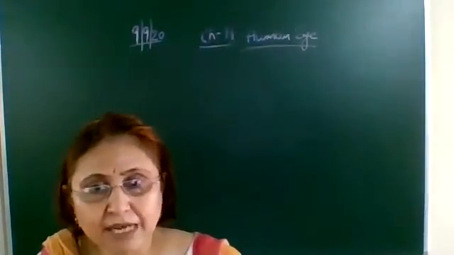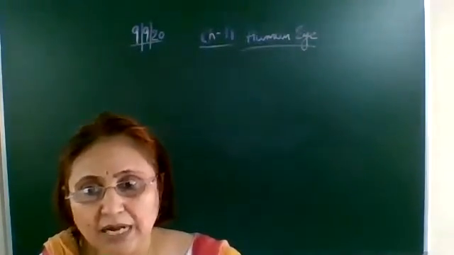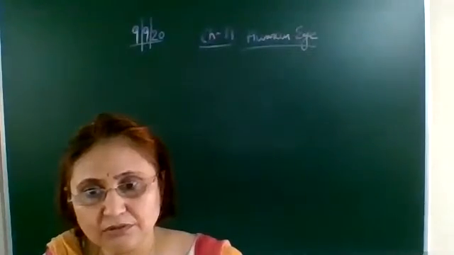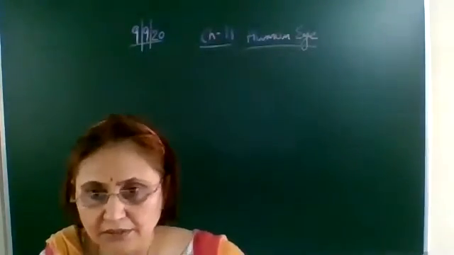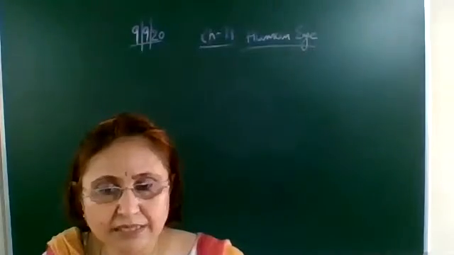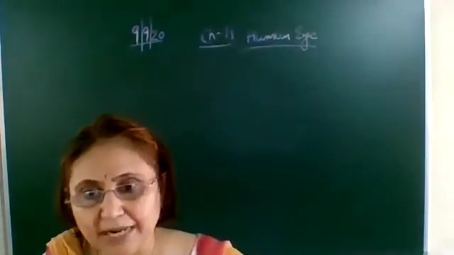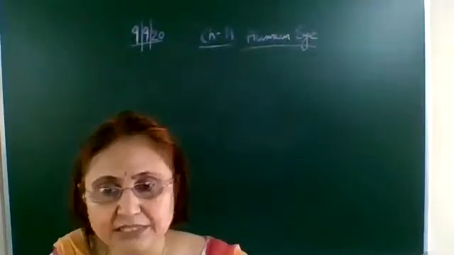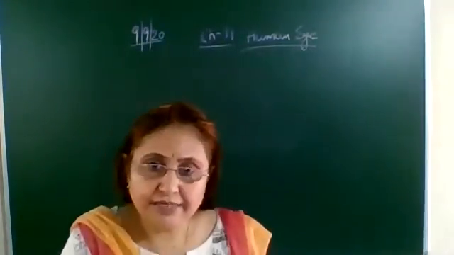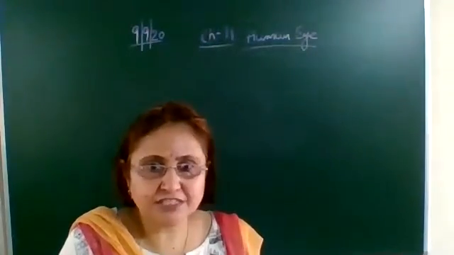Okay, so in the dim light, the size of the pupil will become large, and in the bright light, the size of the pupil will become small. Okay, how is it controlling? As we go in the dim light, that is in the dark room, the size of the pupil will become large, whereas in the bright light, that is outside in the sun, the size of the pupil will become small.